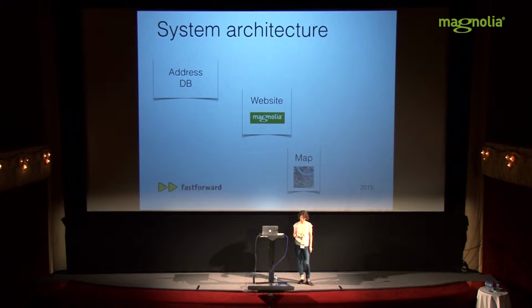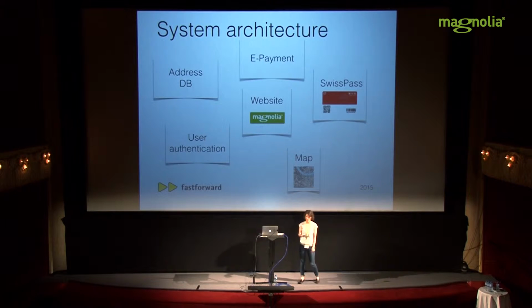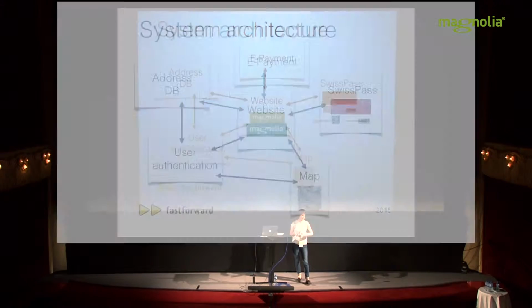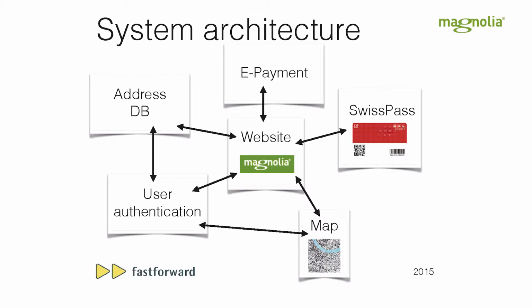We have our website in the center selling the premium subscription. We've added user authentication, e-payment, and in the upcoming release, the Swiss Pass gives you a rebate. That's the new electronic pass by the Swiss transportation authorities. And if I were a salesperson, I would tell you to just connect all these systems and we'll be fine. But what we want to do now is look at these connections in detail, because we have problem number one,